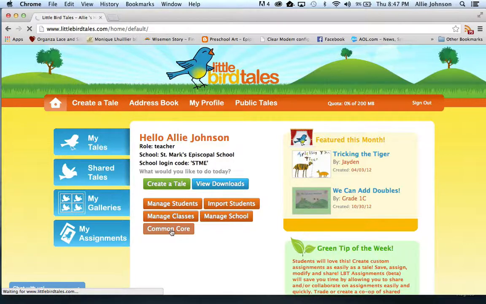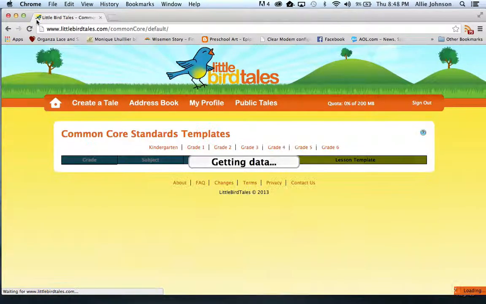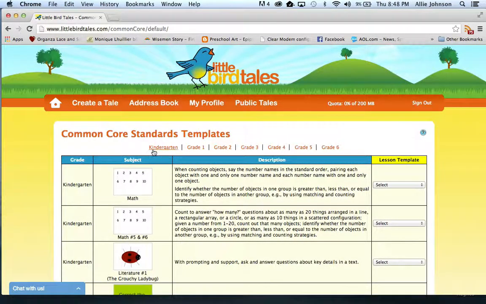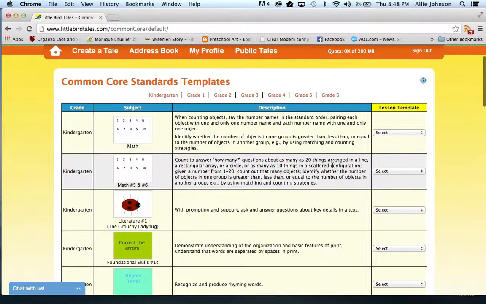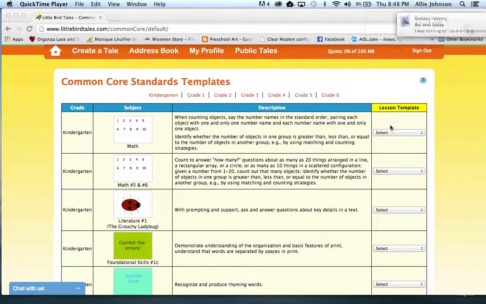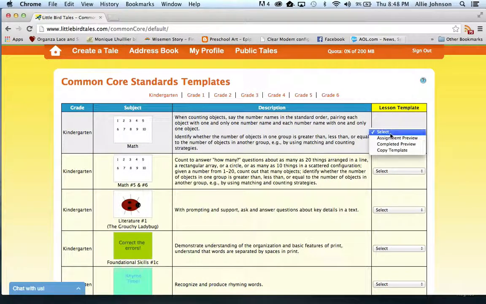We'll click on the orange Common Core tab. You can see that it's loading to take us to that page. And retrieving all the data. And you can see that it's got the Common Core standard templates all the way through 6th grade. So if you wanted to create a specific lesson plan template, then you could come over here and preview the assignment or copy the template and modify it to meet your needs. It's pretty useful. We're going to go back to the home button